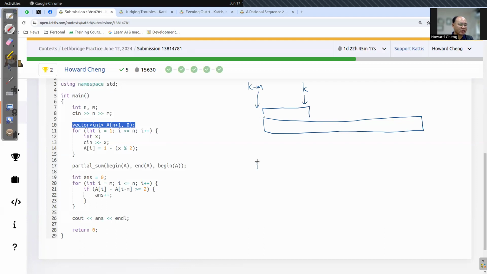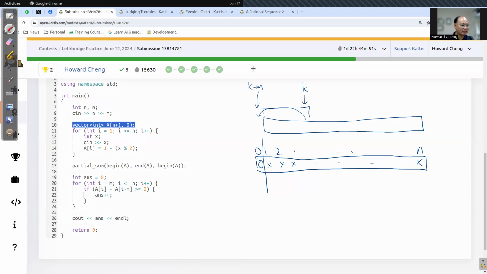So instead of using exactly n elements, I'm going to use one more, n plus 1. I'm going to put my real data here, and then I'm going to put 0 here. The reason I put a 0 here is that when I do this trick, it will always just subtract a 0. I don't have to worry about special-casing out of bounds. So that's a little trick: I allocate 1 extra element to avoid checking for out of bounds. Other than that, it's pretty much what I said. You read